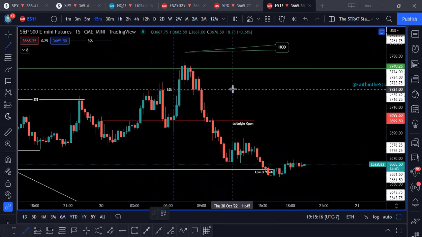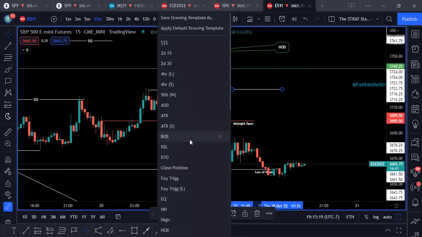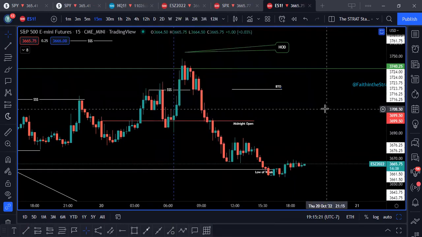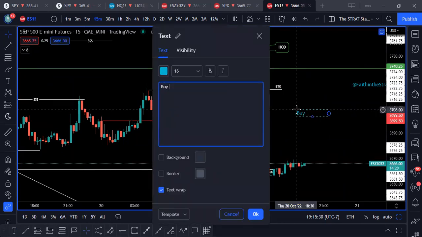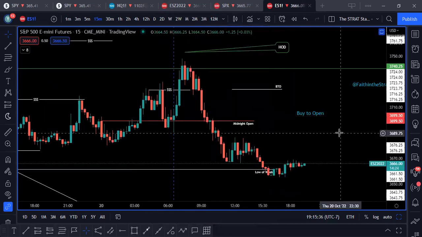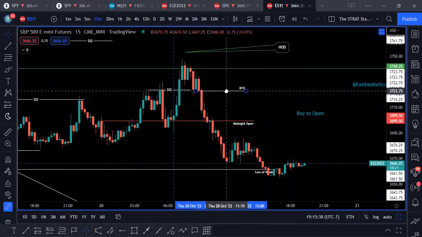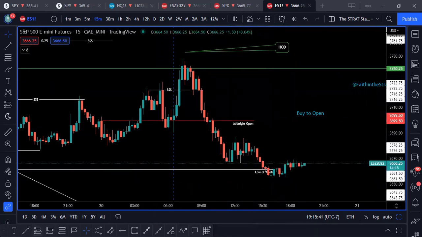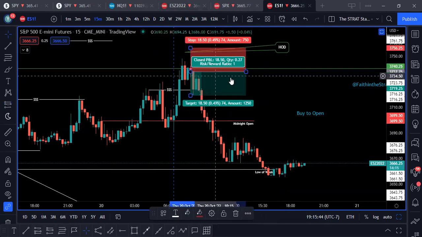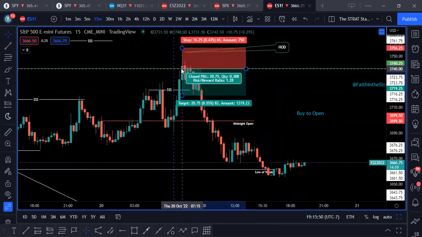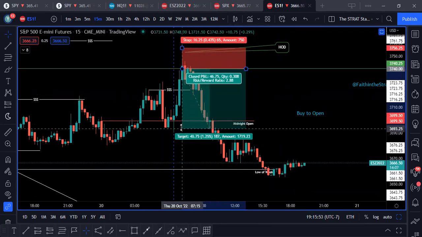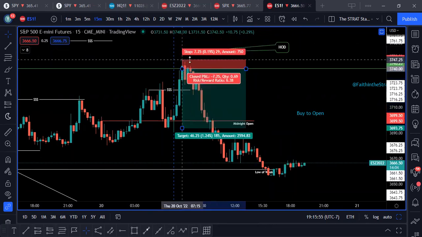If you ever see this, BTO, that stands for buy to open. It just means I took an entry on my chart somewhere. Usually if y'all see this, I'm trying to give you an idea. This is a short position. It doesn't necessarily mean I got in yet, but this is what I'm looking for, and this is what I'm looking to take out. And the red is usually my stop.